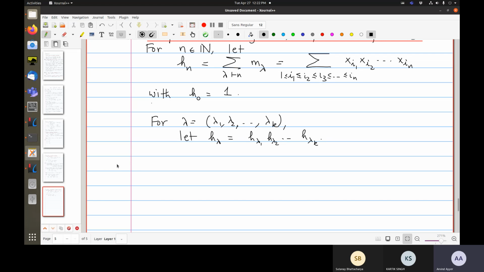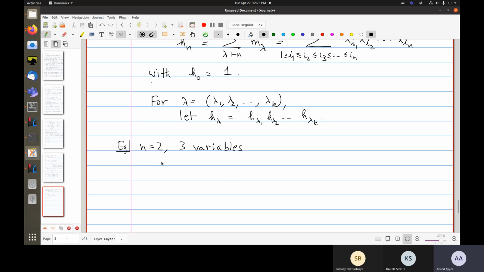So let me go back to the same example, n equals 2, 3 variables. So h, again let me write it carefully. So h of the partition 2 in x1, x2, x3